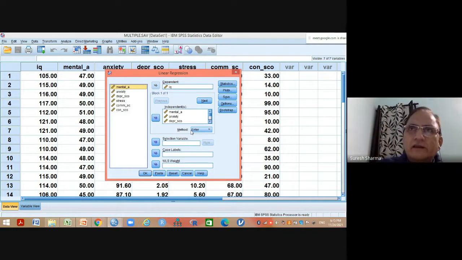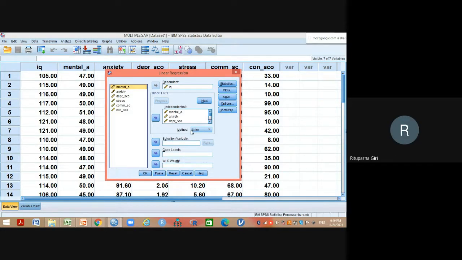Because unnecessarily, अब IQ predict करने के लिए मेरे को stress की जरूरत नहीं है. Why should I study it? Because IQ doesn't depend upon it. Why should I study convolution? It doesn't depend upon it. तो मैं next time मेरी effort कम हो जाएगी. Now, if you are dealing with 50 variables, and only 10 variables are significant, then I'll go for the 10 variables rather than leave all the 40 variables. Yes or no? Yes, sir. Why unnecessarily put in the effort?